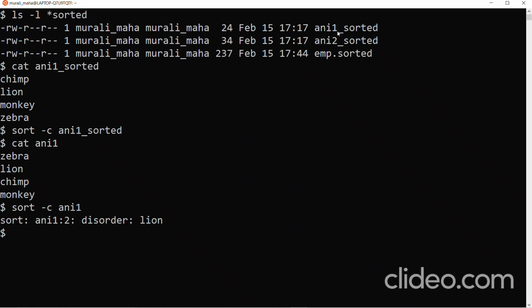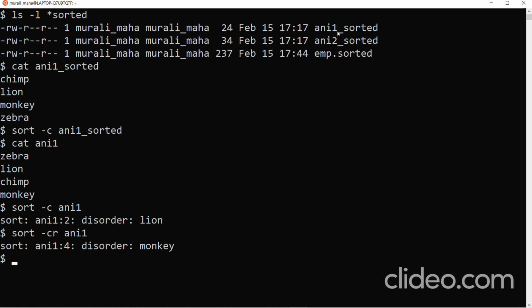Okay. Along with -c, let me give the -r option. Four disorder. Why? Because zebra, lion, chimp, till that it is in sorted order, right? In the descending order. With -r, it checks whether it is in descending sorted order. So till chimp there is no issue. After c, m comes. Again it ascends. So that is not acceptable. So it tells disorder. If it tells disorder, it means it is not in sorted order. If it doesn't give any output, then it means it is in sorted order. So this is the -c option.